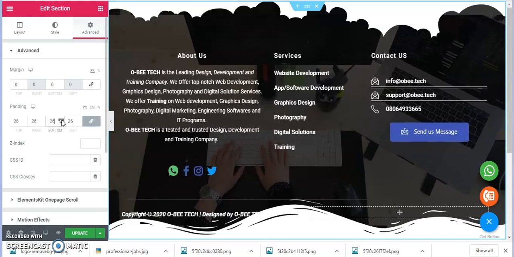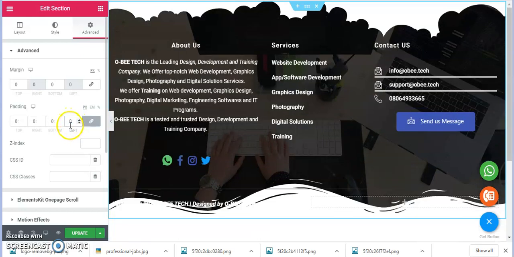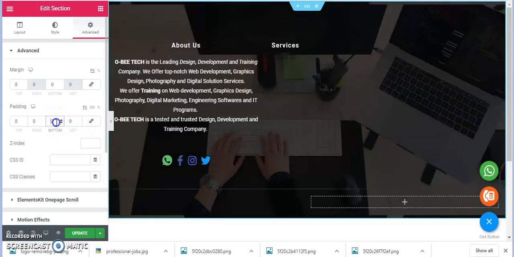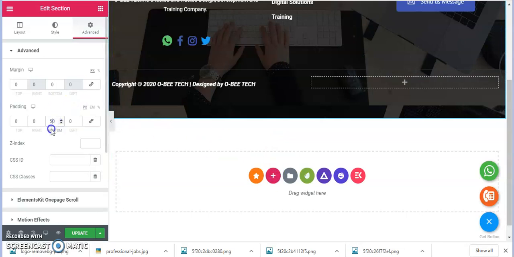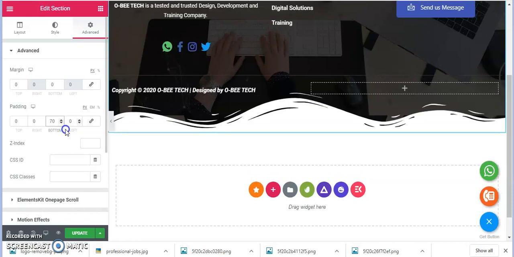So now this thing is running automatically for all of them. That is why I'm having this complication. So to remove it, you click here. Now for bottom, I can add maybe 50 to my bottom. You understand? So when I add more 50 to my bottom, you can see this is what we have before. So I just added 50. Let me make it 70. You can see if you make it 90,